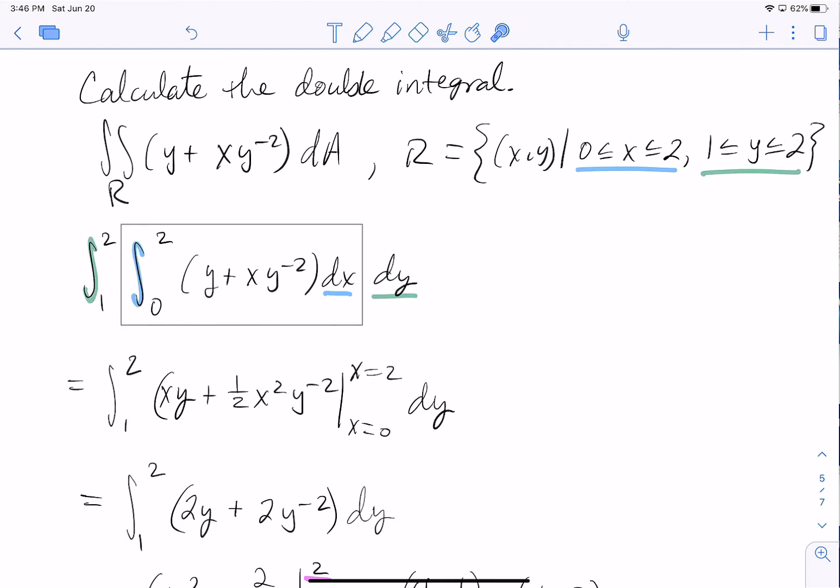I went ahead and set this up using the order dx dy. So I have the integral from 1 to 2 of the integral from 0 to 2 of y plus xy to the negative 2 dx dy. Integrating the inner integral with respect to x and holding y constant, so basically doing a partial integration, results in the integral from 1 to 2 of x, the quantity of xy plus 1/2 x squared, y to the negative 2, and x is going to go from 0 to 2, and then we'll still integrate with respect to y